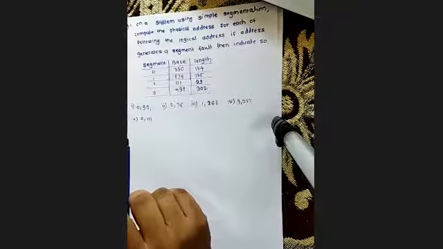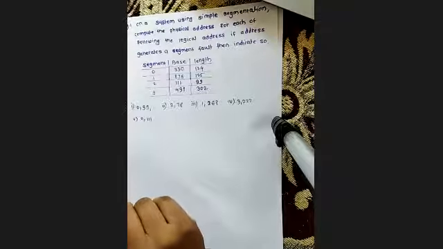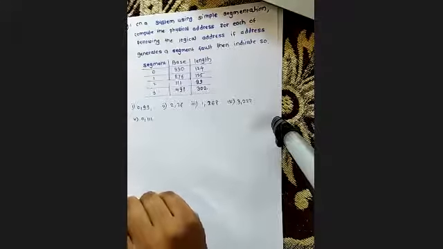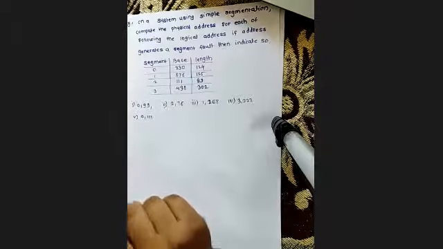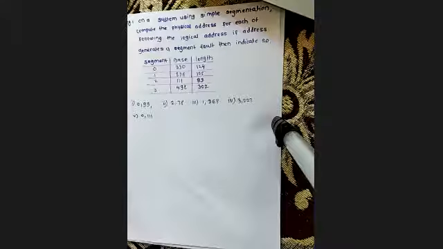Some addressing will be given, a segment table will be given, and it will be asked to calculate the physical address for the segment, or it may be asked whether a page fault is there, or whether a physical address will be formed by the MMU or not. This type of question will be asked. Okay. Yesterday we already discussed how the mapping will be done by the MMU, that is the memory management unit, from logical address to physical address.